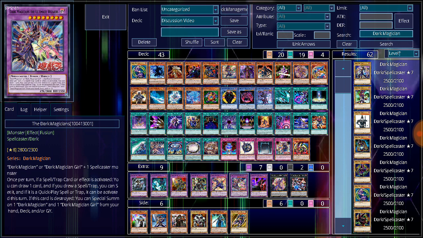And then we have the combination card between Dark Magician and Dark Magician Girl. We have the Dark Magicians, or as this card text would be, Dark Magicians, the Ultimate Warlock, the Ultimate Wizards. This monster is a combination of Dark Magician or Dark Magician Girl and one spellcaster type monster. Once returned, if a spell or trap card or effect is activated, you can draw one card, and if